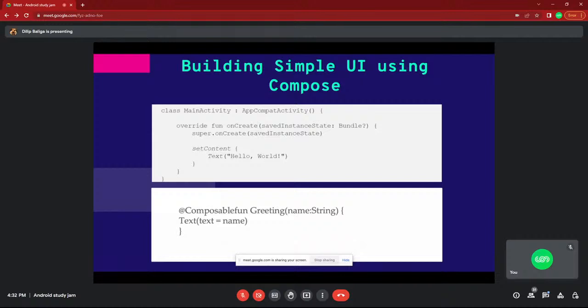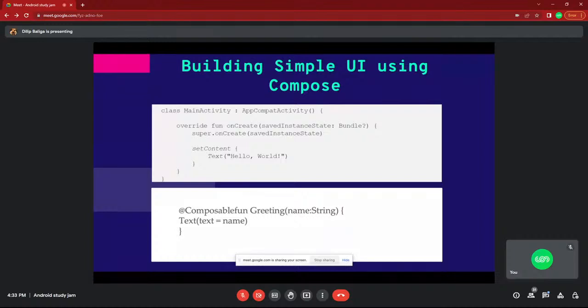Next, let's move to Compose. What is the use of Compose? Compose is a UI toolkit. Earlier we used views directly, like ConstraintLayout, LinearLayout, RelativeLayout, and more layouts.